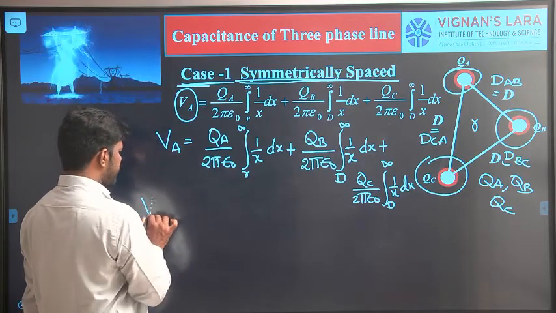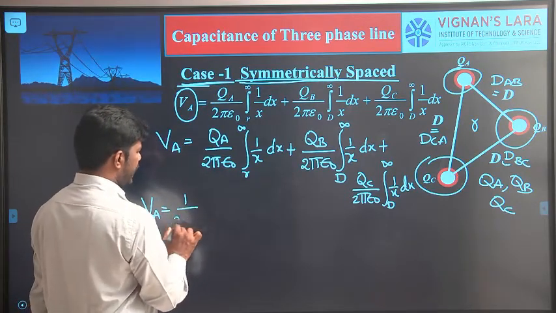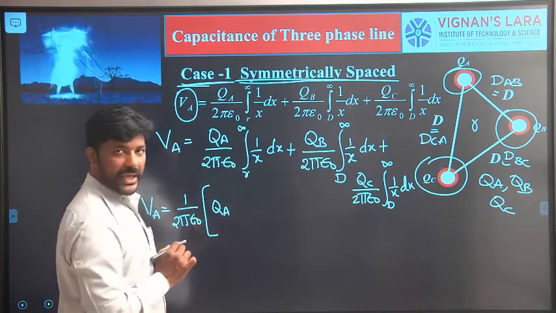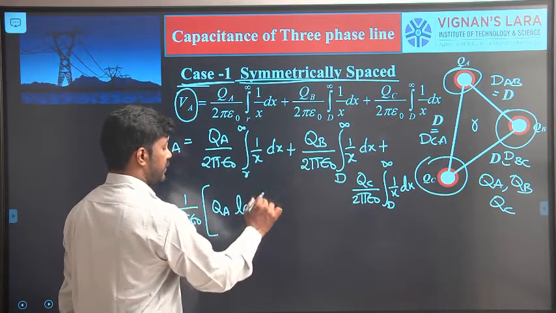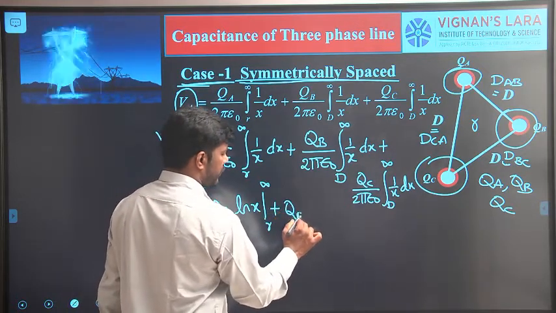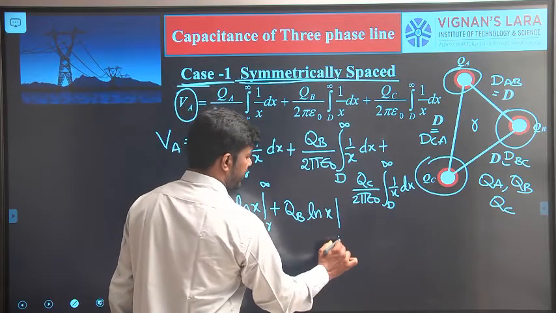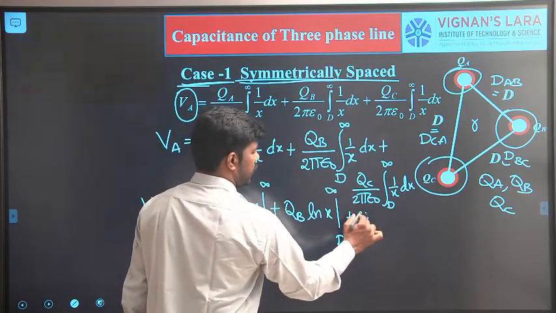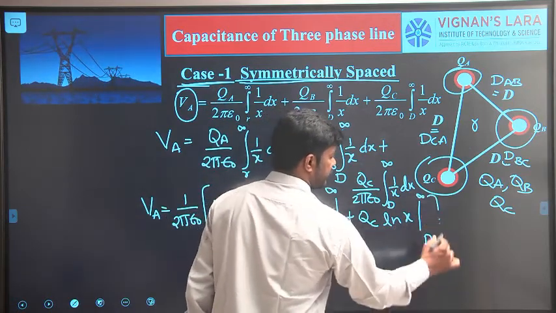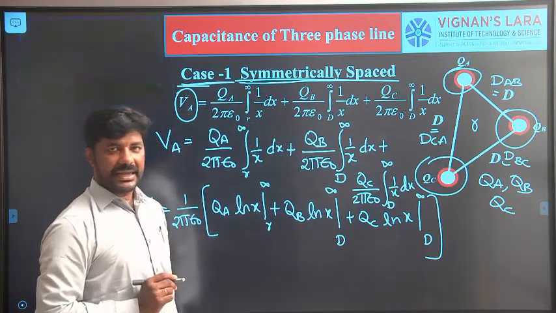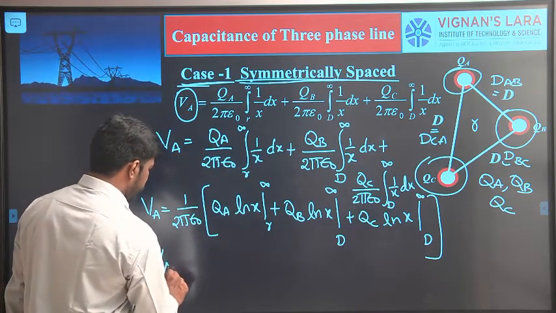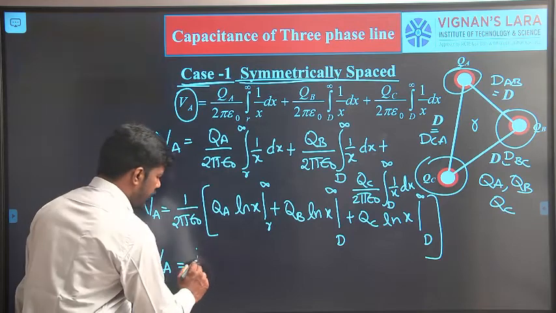In the simplification part, we can write VA as 1 by 2 pi epsilon naught taken as common. Then we can write QA ln of x within the limits from r to infinity, plus QB ln of x within the limits from D to infinity, plus QC ln of x within the limits from D to infinity. This was the potential of conductor A. Expand them and simplify. On expanding and simplifying, you will get the potential of conductor A as 1 by 2 pi epsilon naught,